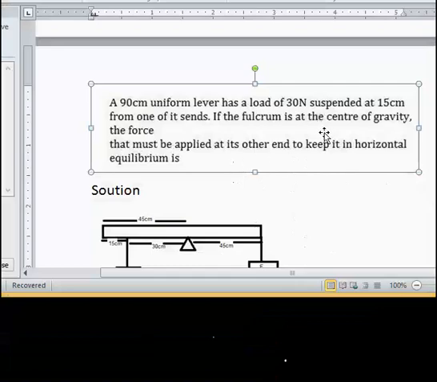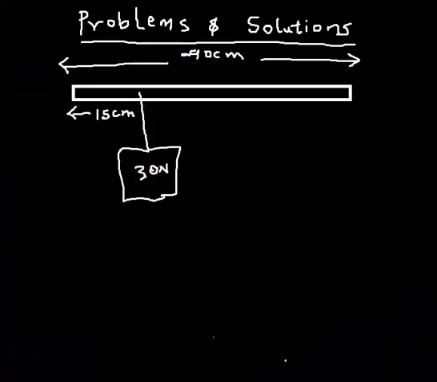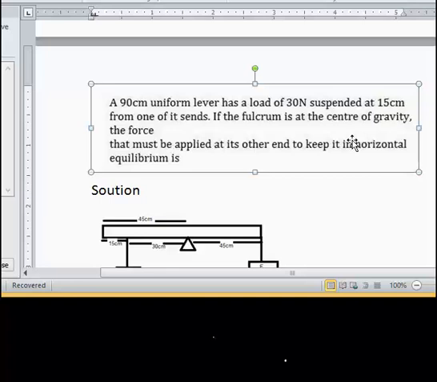If the fulcrum is at the center of gravity, that simply means that the fulcrum being the pivot is pivoted at the center. And of course the center of 90 cm is 45 cm. So I'm gonna write 45 cm. Okay, so now the question is,